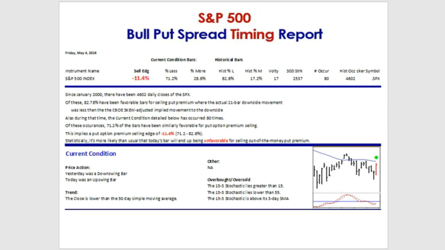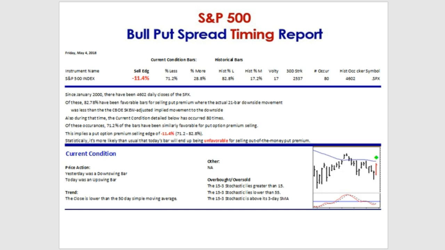With that in mind, let's go to the next report, the bull put spread timing report. This is for those that sell put premium using credit spreads, naked puts, maybe hedged bull put spreads in the S&P 500, roughly 30 days out, selling premium roughly a standard deviation away. Okay, so in that case, as I expressed, we've had 4,602 daily closes of the S&P since Jan of 2000. Of those,